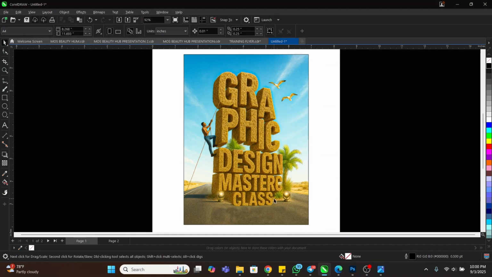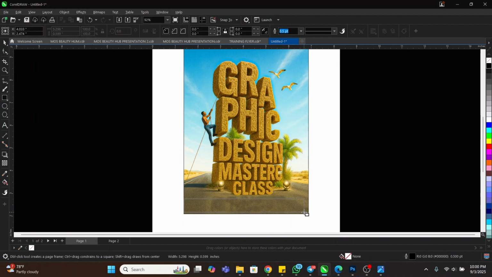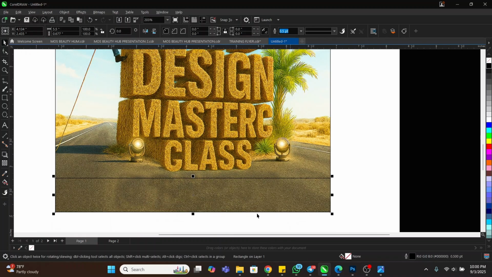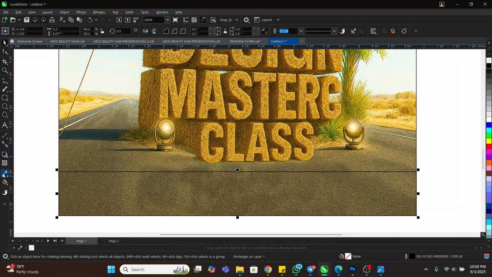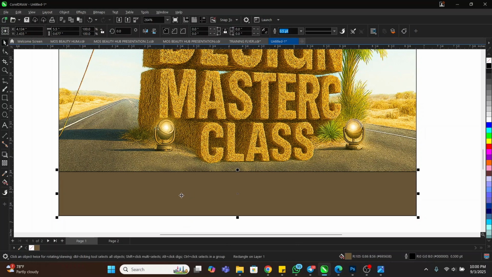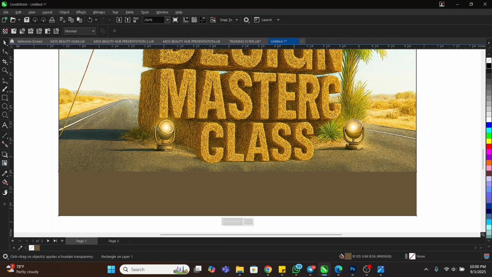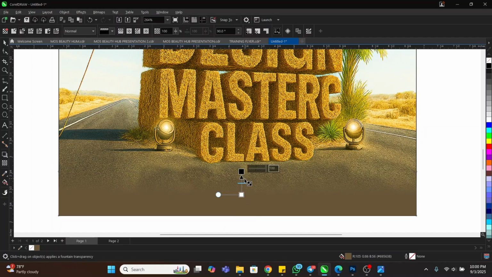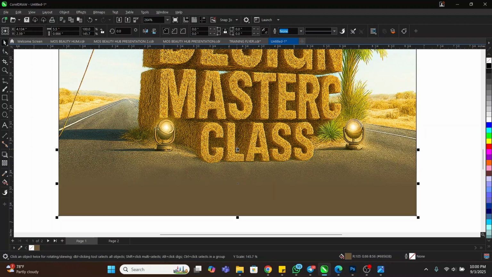So the next thing that I did, I took my rectangle tool and then I drew like this, right? After that, I took my eyedropper tool and then I picked a color like this. I select the color and pour it inside, right? And then I take my transparency tool and then I apply it this way, right? Apply it this way,